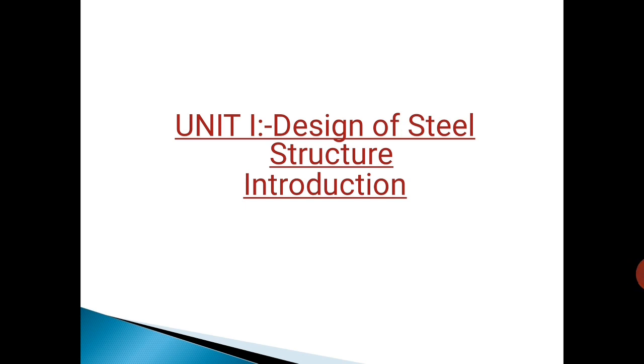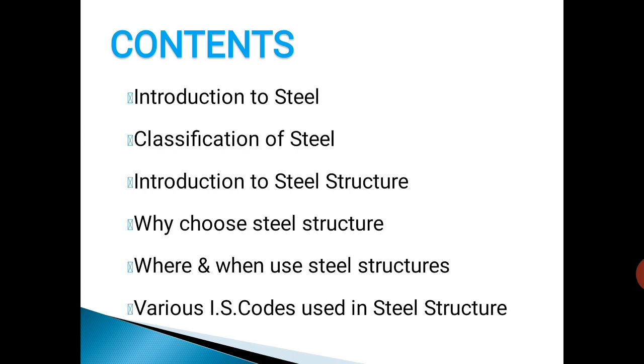Today we will learn the introduction of design of steel structure. So first of all, what are steel structures? Steel is made up of iron, carbon and other metals. Steel structures are composed of elements which are rolled to basic cross sections in a mill. Steel is a building material that has been used extensively in various types of structures. Some examples of civil engineering works in steel are high-rise buildings, industrial buildings, railways, bridges, transmission towers, etc.